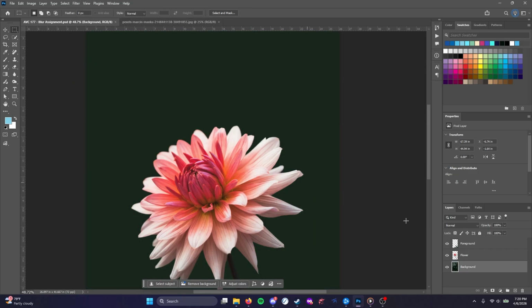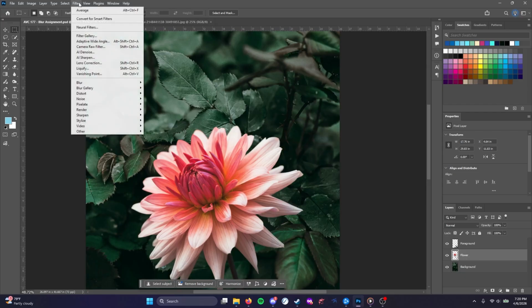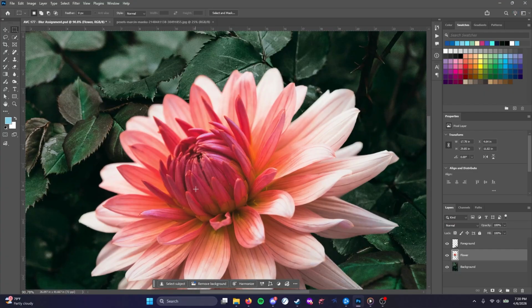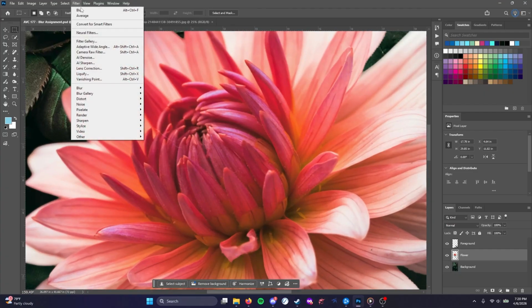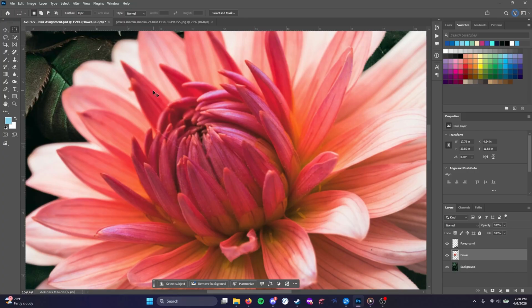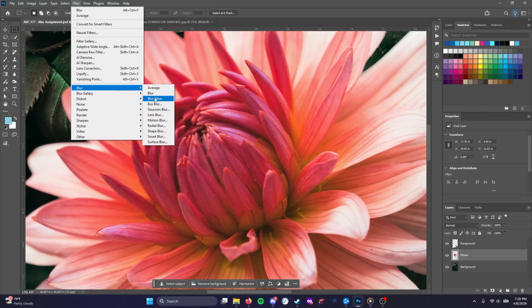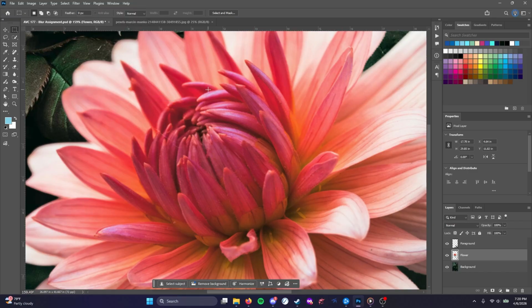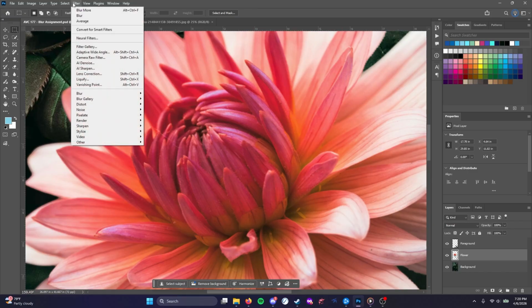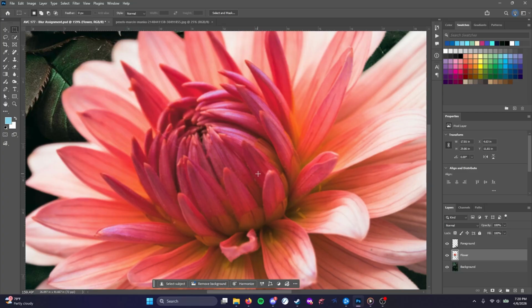Then we have Blur, which is your basic blur filter. This softens all the pixels in the selection or image. It can be pretty subtle, so you may have to use this multiple times to achieve a proper blurring effect, especially for higher resolution images. Then we have Blur More, which is exactly the same as Blur, but it's increased by 4 times the effect. Still, despite being 4 times as strong, this filter can still appear to be a rather subtle effect, especially again